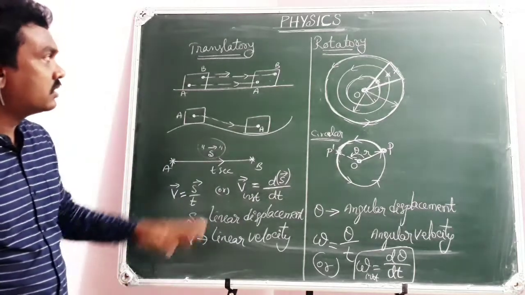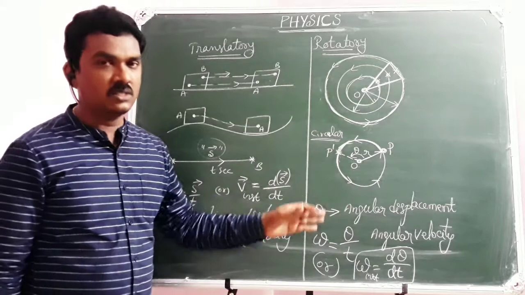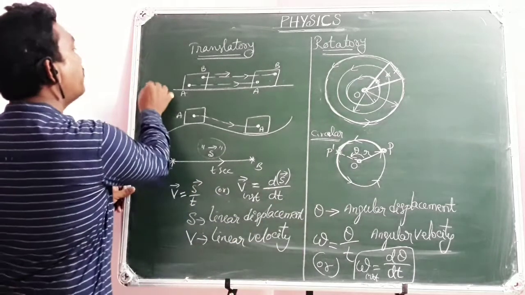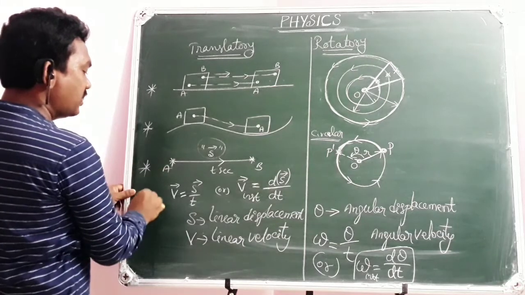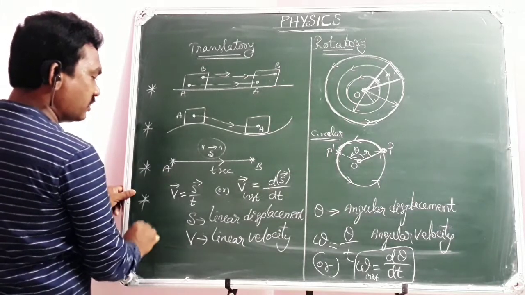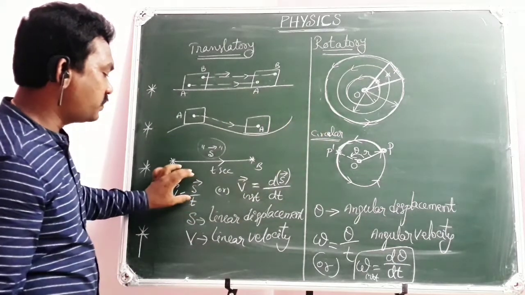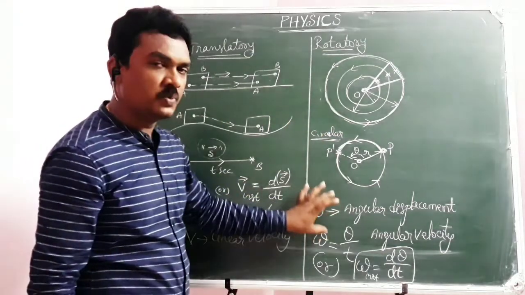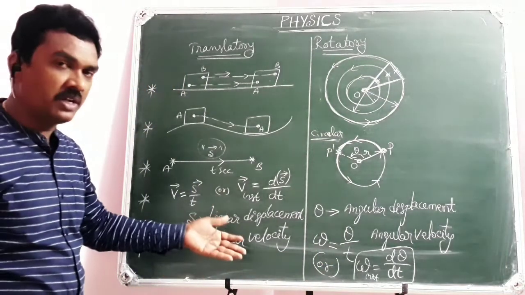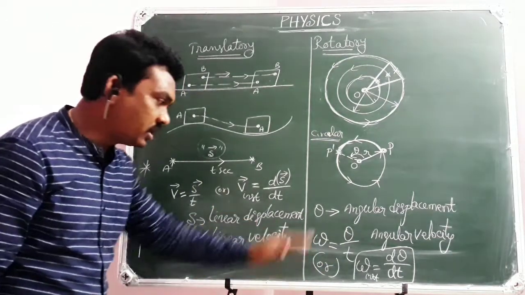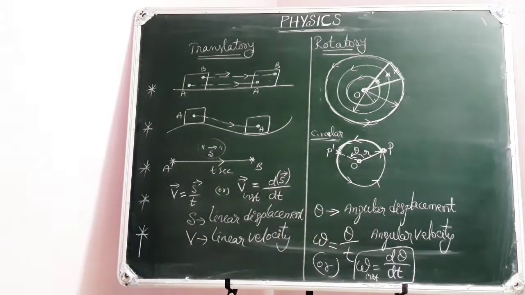We discuss a little more things, comparison between translatory and rotatory. First, you note down this. So, what are we learning? Comparison between translatory motion and rotatory motion and the variables of motion. 5 points we discussed: first definition, and then displacement, velocity, and angular displacement, angular velocity. Whatever I am going to explain in the next point, you have to continue down the line. Now I am going to erase it. Note down.